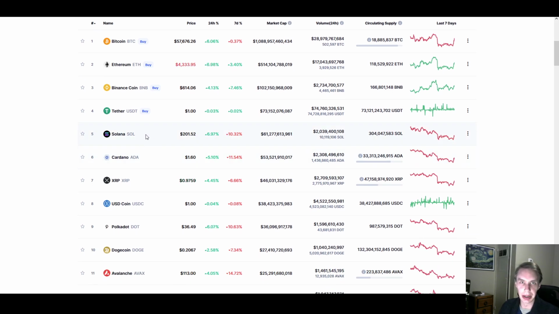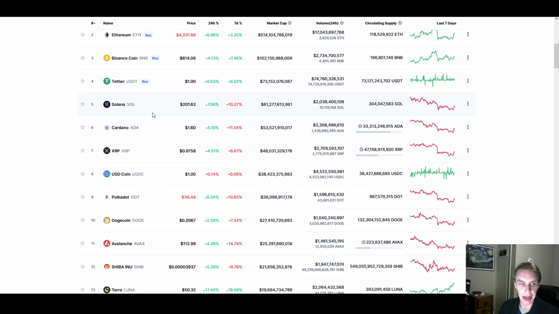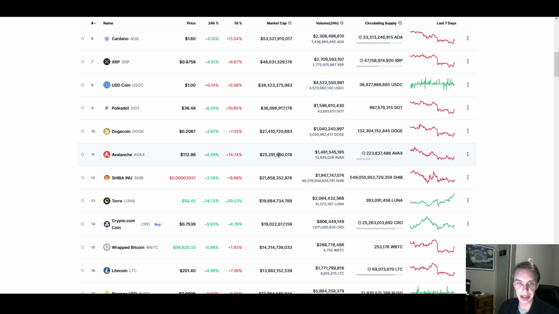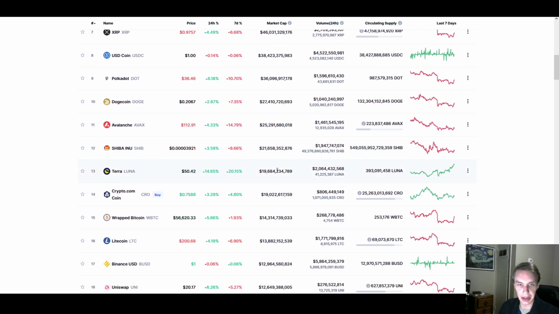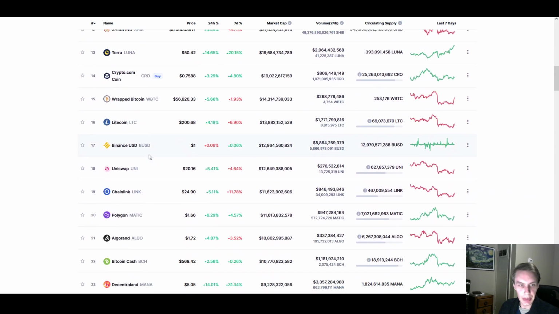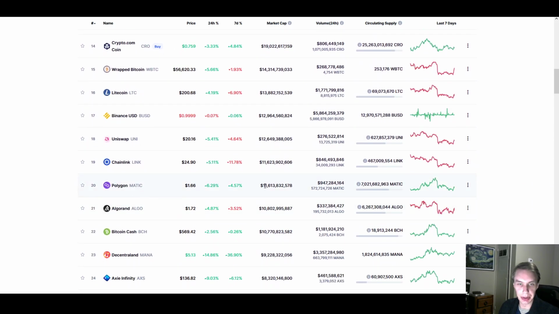I would argue in no small part due to its ecosystem development and the shifting of money to Solana away from places like Ethereum, and really bringing the value up. Then we have Avalanche that recently just went nuts, sitting at $25 billion. Terra is up there at $20 billion. Terra is another one that's sitting pretty high up here in the total value locked on its protocol. And then also Polygon has been doing quite well recently, sitting over $11 billion.